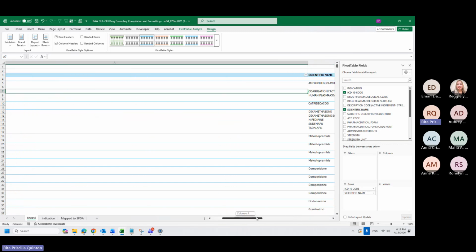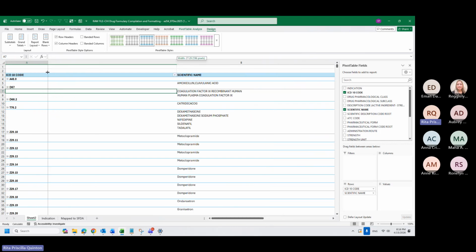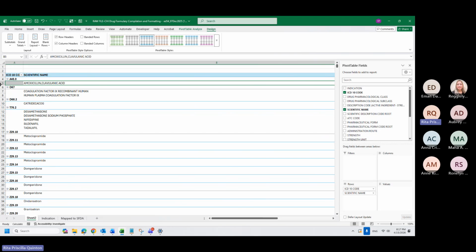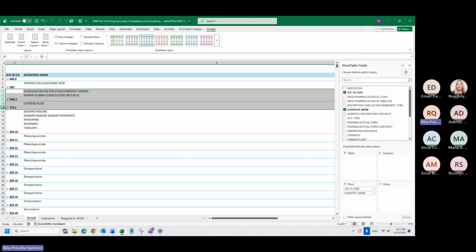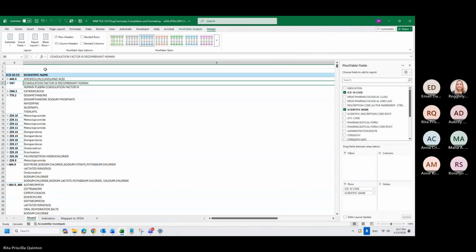It's almost the same as the tabular form, only it's coming on the second column, and this one remains blank. So this is the difference. You will see here there's a header, then blank, header, then blank. In tabular form, you will see the header and the details directly. Repeat all item labels, you will see that it's repeated. And do not repeat, there's a blank per header. Show all, okay.